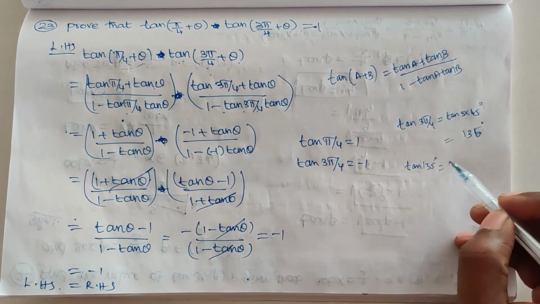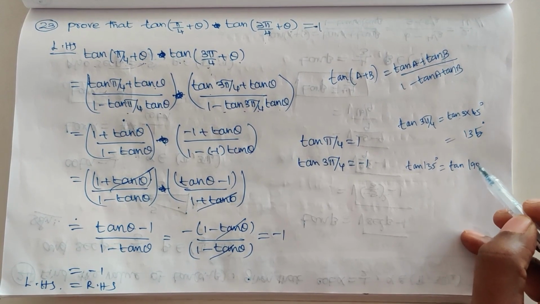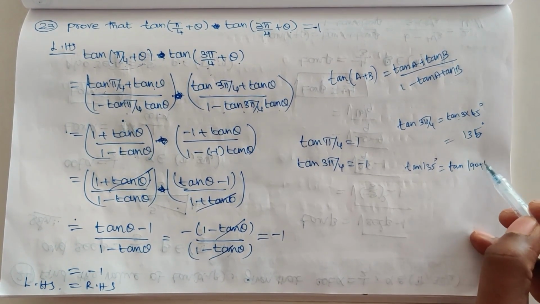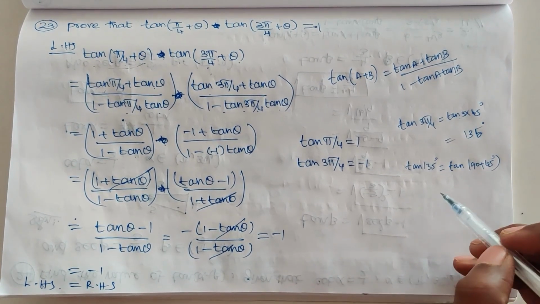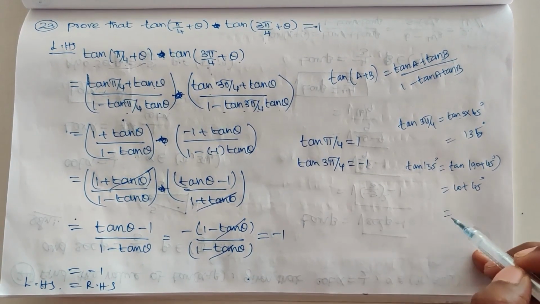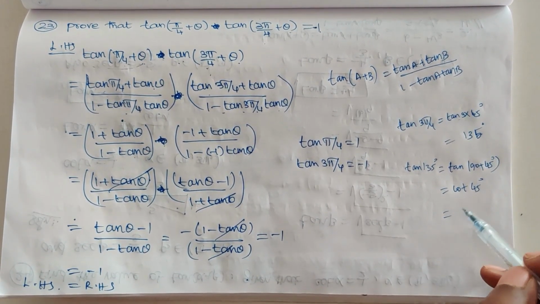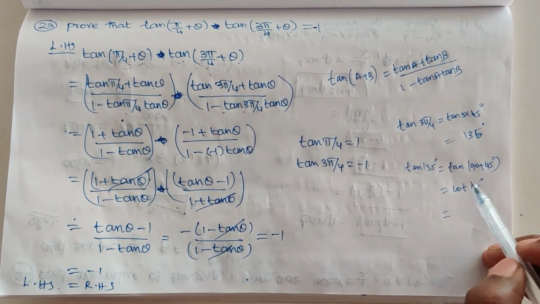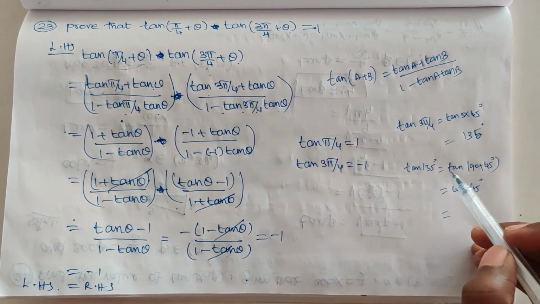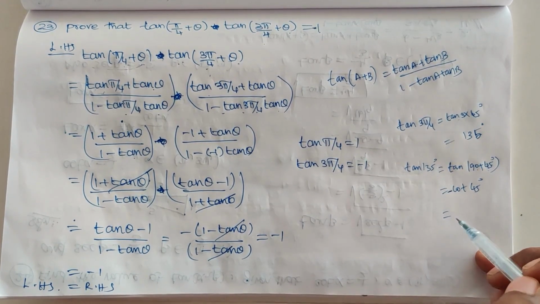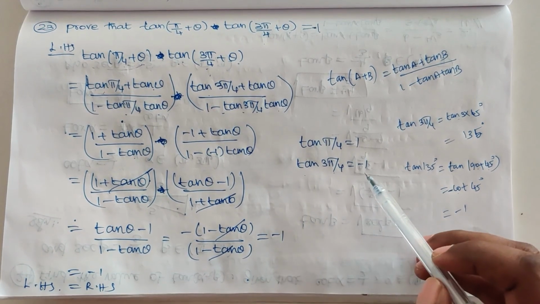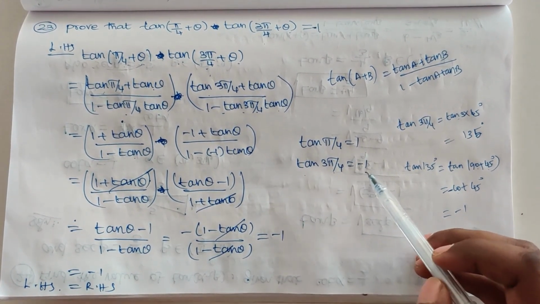Tan 135 we can write how? Using 90 or 180, we can use 90. So tan(90 plus 45) gives cot, that is cot 45 degrees. Already we know that tan(90 plus theta) is in the second quadrant, where sine and cosecant alone are positive, so tan(90 plus 45) is equal to minus cot 45. Cot 45 is 1, so tan 3pi/4 is equal to minus 1.